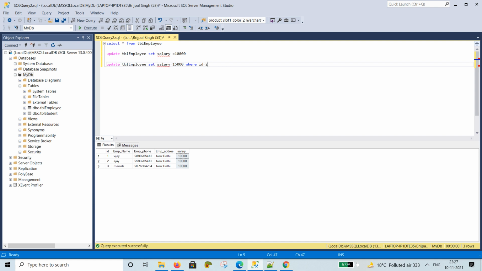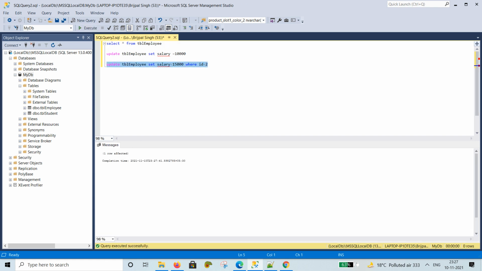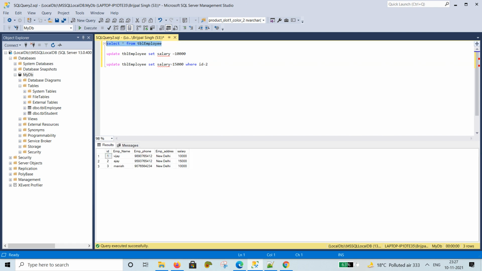When we execute this query, it updates only one row where ID is equal to 2. Now execute this query, and now select the records. The row number 2 record has been updated.